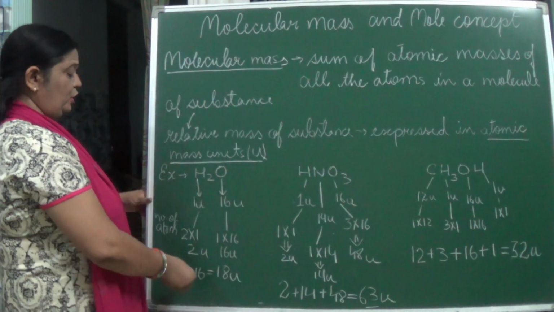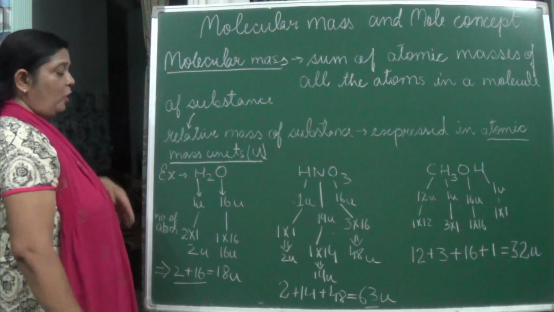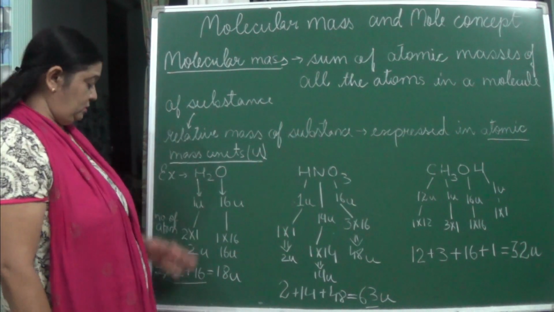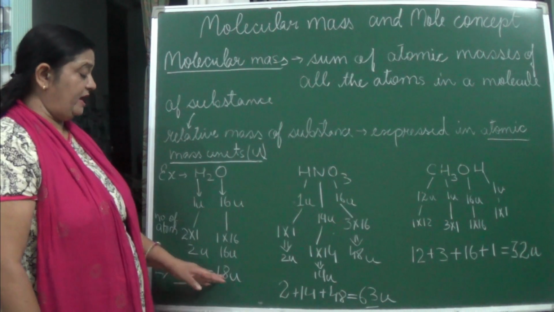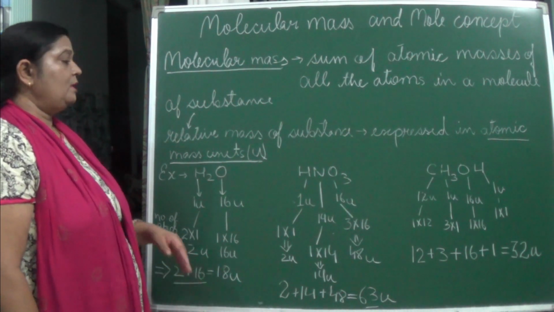Then what you will do? You will sum up the atomic masses of the hydrogen atoms and the oxygen. 2 plus 16, that is 18 U, or 18 unified mass we can say. Now,